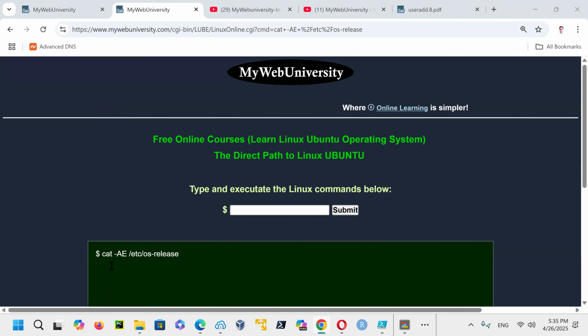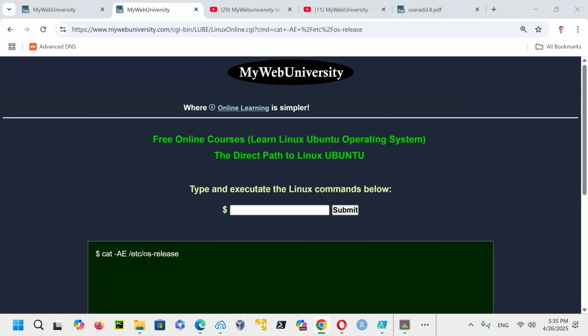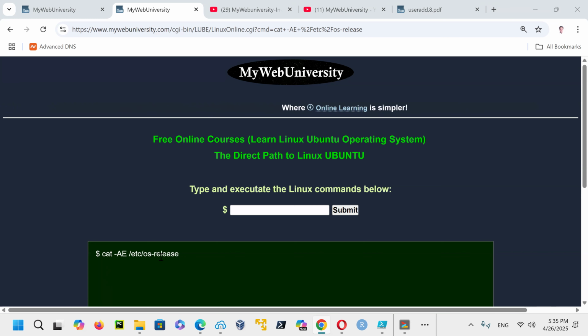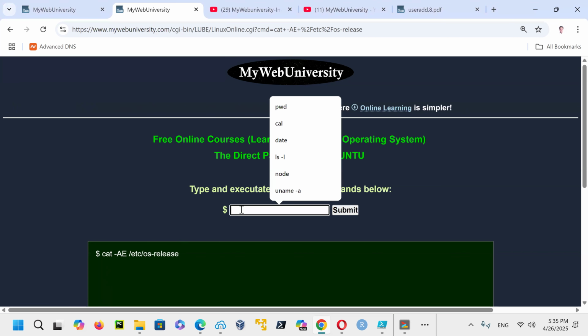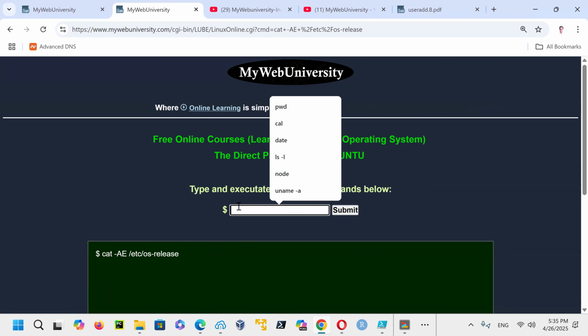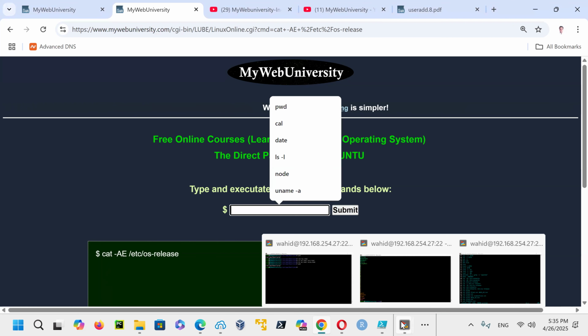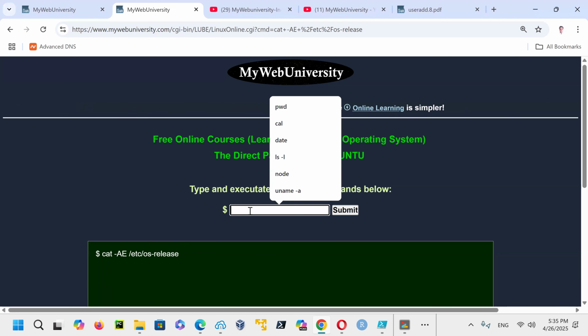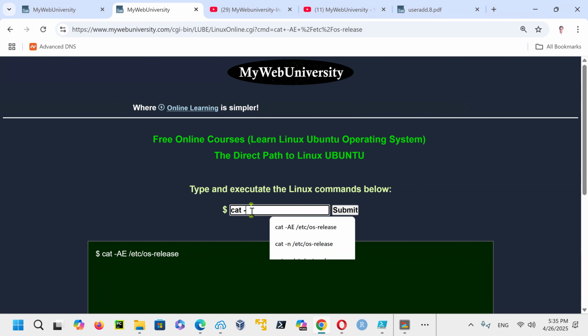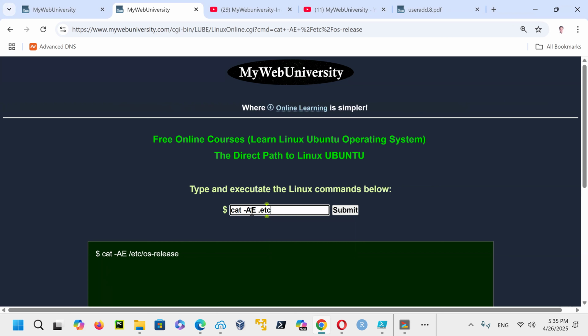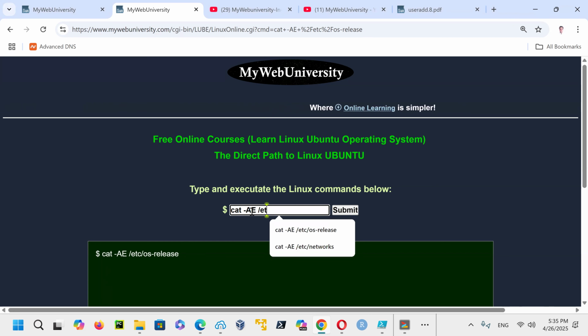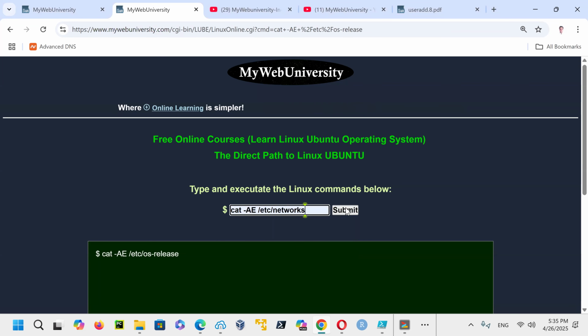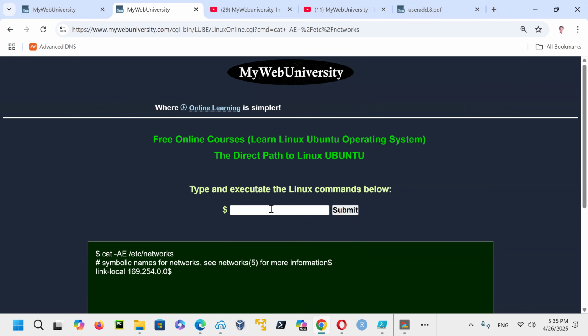So let me check it out. So you can see here, cat minus AE os-release is not working, but I believe I might have modified it for the wrong file name. So let me just validate that one. Let's see if it works for cat minus AE slash etc networks. So it might have been for the etc networks that I allowed it. Yes, I did that one.